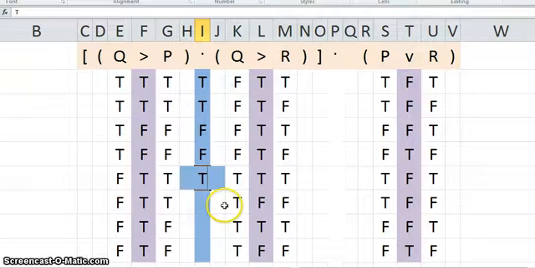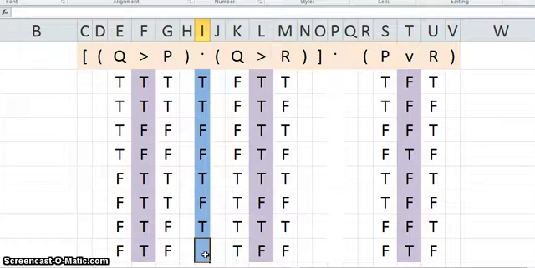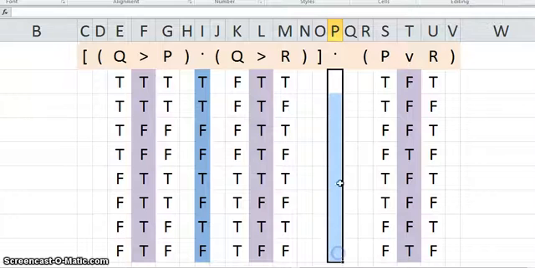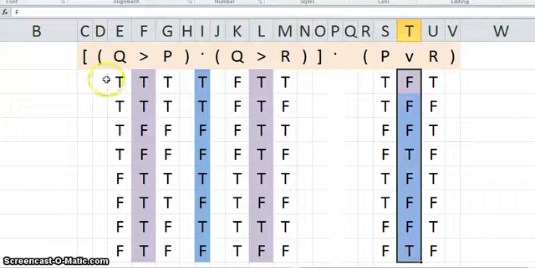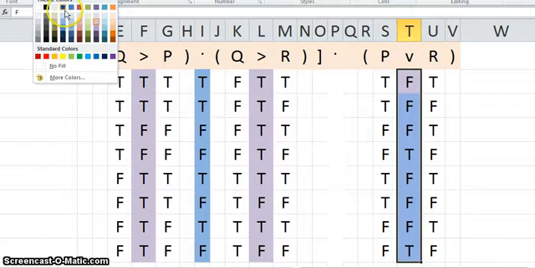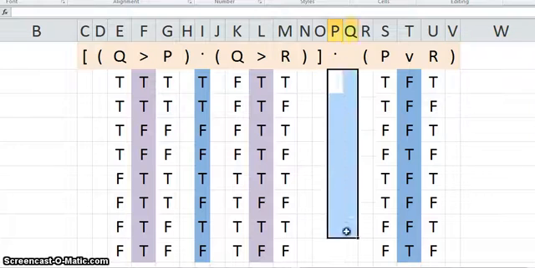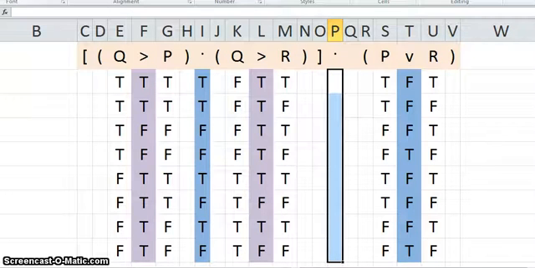Oops. Helps if I do this right. True and false is false. True and true is true, and true and false is false. Okay, so now what we want to do is deal with this right here. So we've done the brackets, that's this blue. And let me change this color because it represents the same, and so it's blue. Okay, so right here what we need to do now is establish what will be